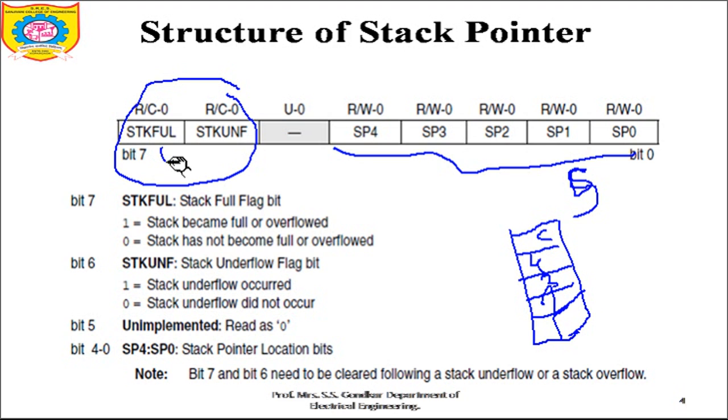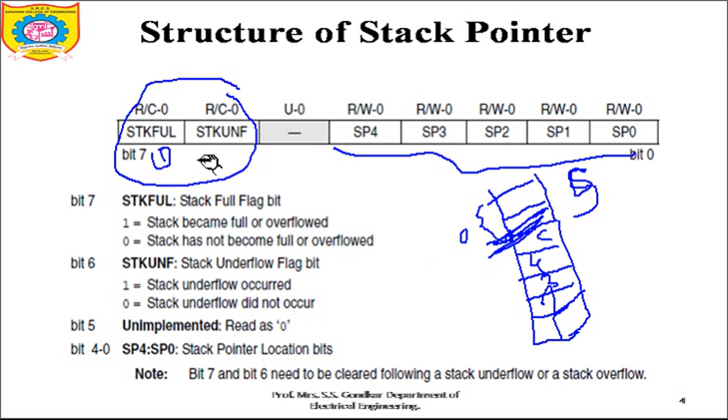If this bit is 1, it means your stack is full, now it will be overflowed. But if this bit is 0, the stack has not become full and there is still space to insert. So this is stack full, and if I extend it in this way, you can see there is still some space over here to insert. It means it has some more space. So this is the condition for bit 0, and if it is up to this, it is full, then it is 1.